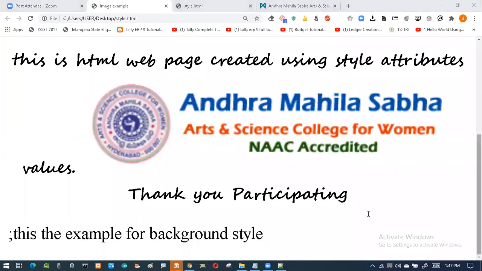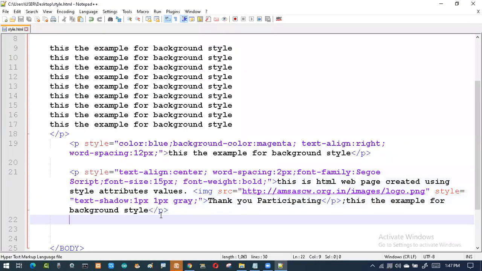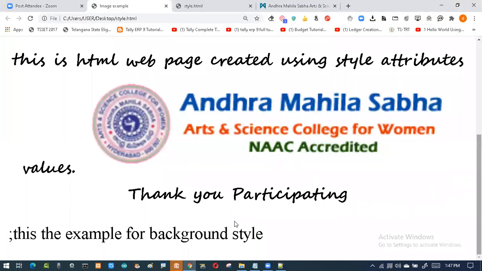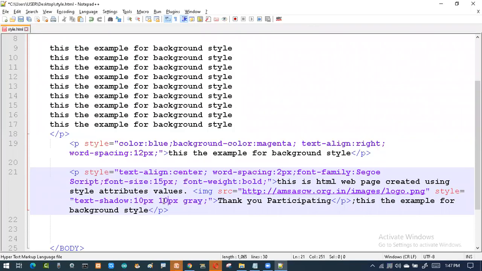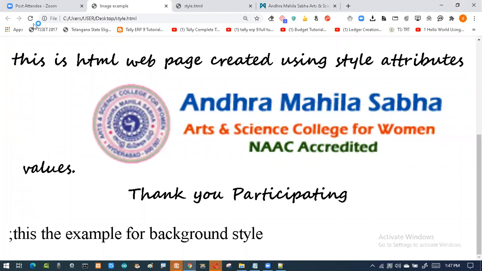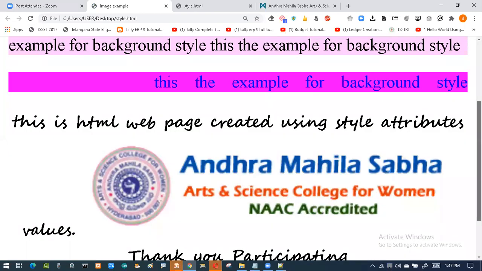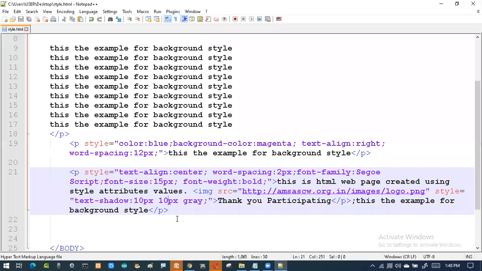So we'll see any style for this. So this is only for text, not for the image.